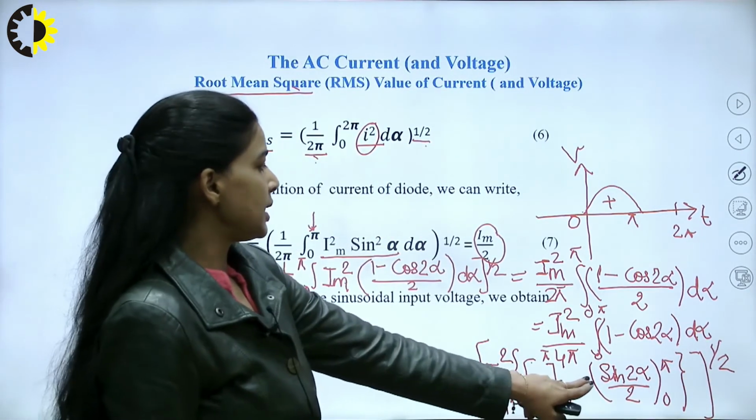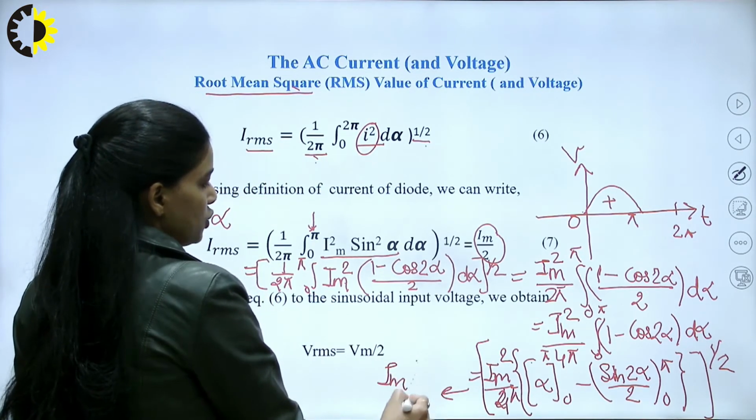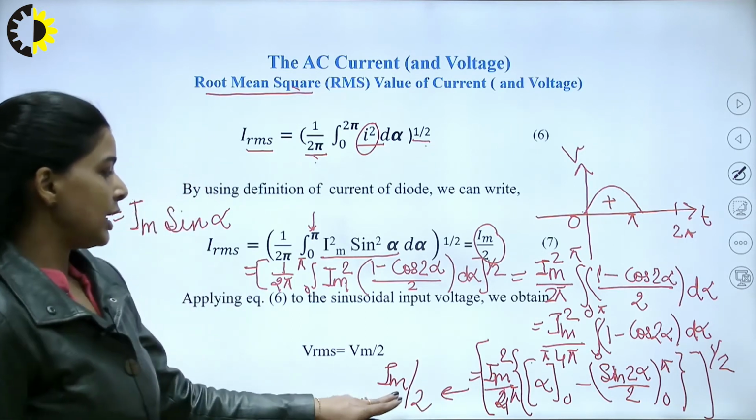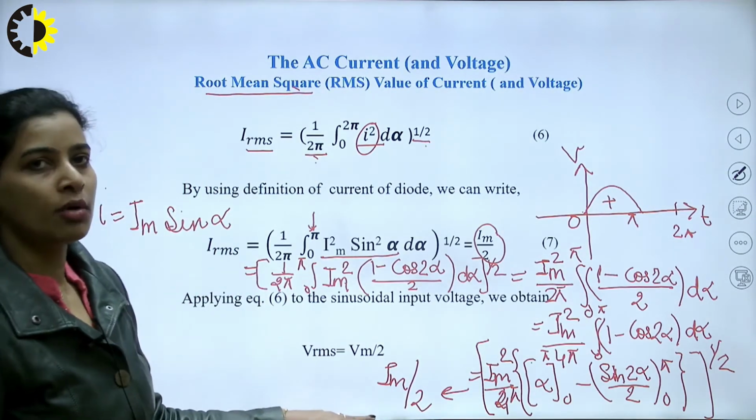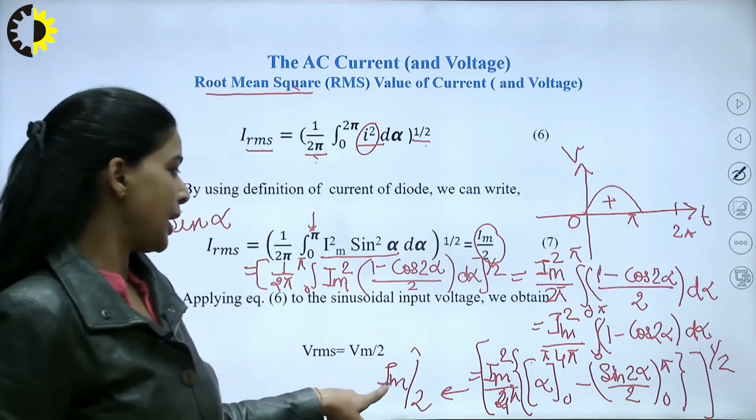So, simplifying this we get this value as Im by 2. So, this gives the RMS value of current, and RMS value of current for half wave rectifier we get